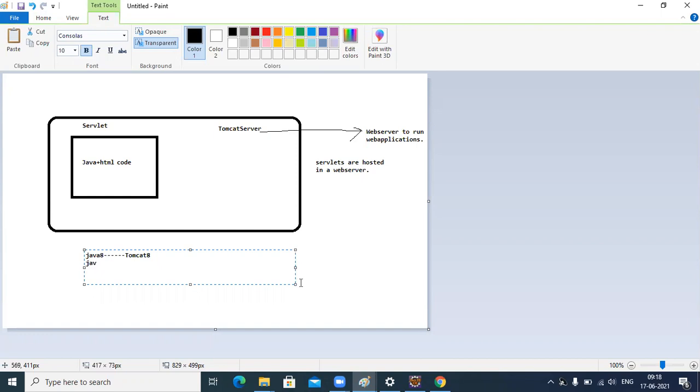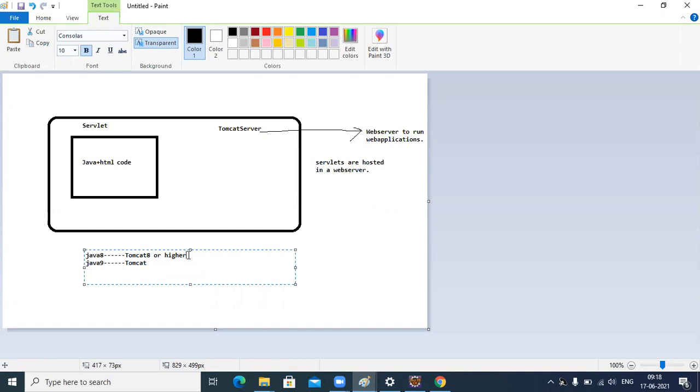Tomcat 8 or higher; higher in the sense, usually 8 or 9.